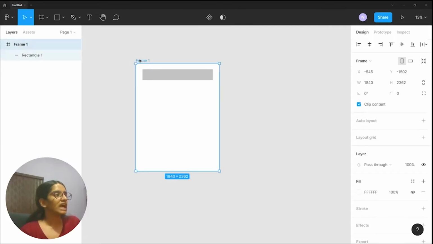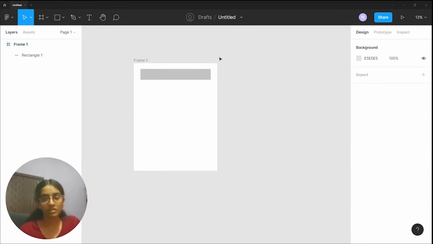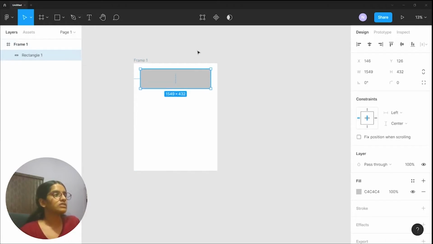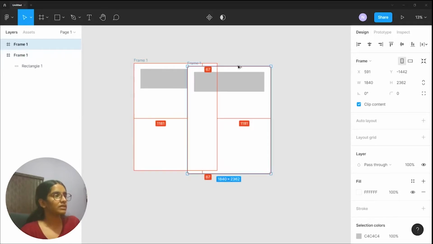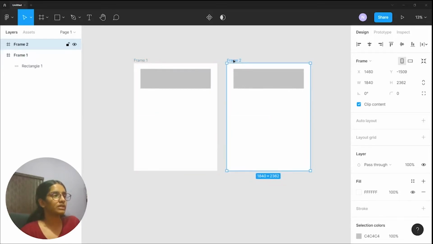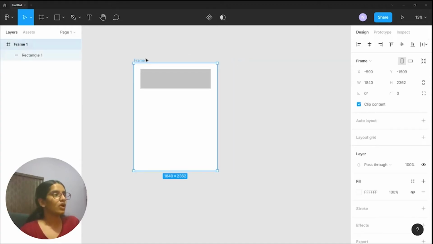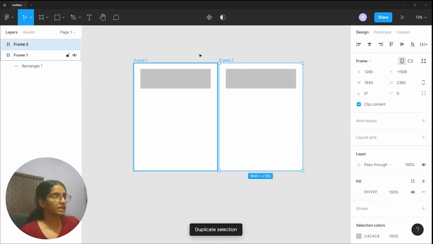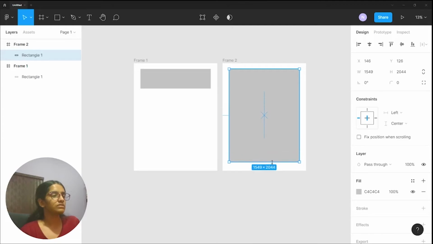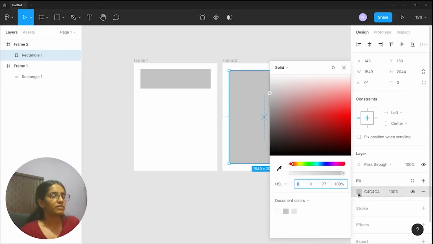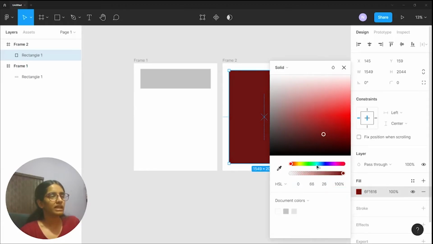Alright, so right now I have my frame, and maybe I want an interaction to happen on click of this little button over here. So all I'm going to do is duplicate my frame 1 and bring it right over here. I'm just pressing Alt on my keyboard and dragging it so that I create another frame. You can either use Alt and drag to duplicate a frame, or you can press Ctrl D on your keyboard to duplicate any particular frame. Right now I'm just going to change its height to a little bit bigger version, and I'm going to change the fill property of this to maybe a light shade of blue or dark shade of blue.